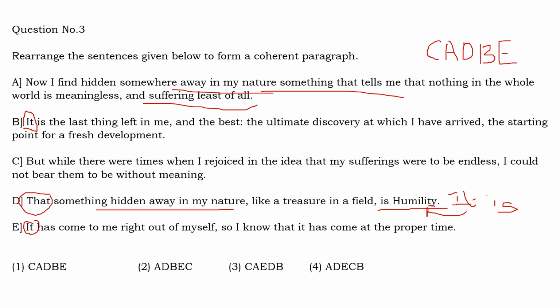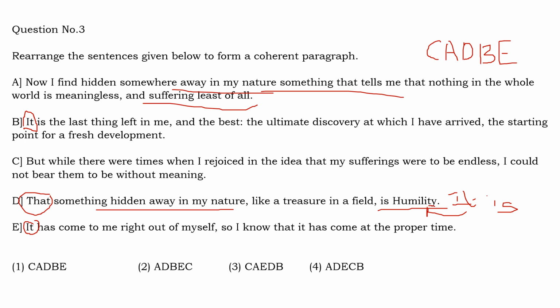So something that is going to help me to start afresh has happened, and it has come at the proper time. So first you say that something that is going to give me a fresh start has happened, and it has come at the proper time. So that is a correct sequence. That is why CADB is the best answer. Anyway, you don't have a problem here because you don't have any other option where CADEB is there. Even if you had an option where CADEB is there, CADB should be the best answer, because I told you